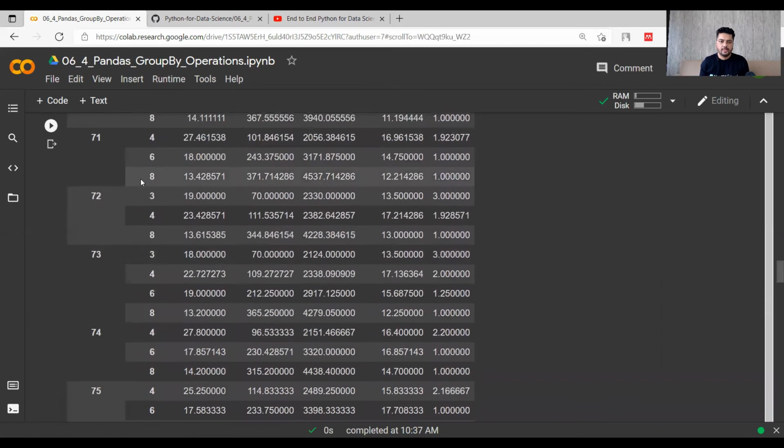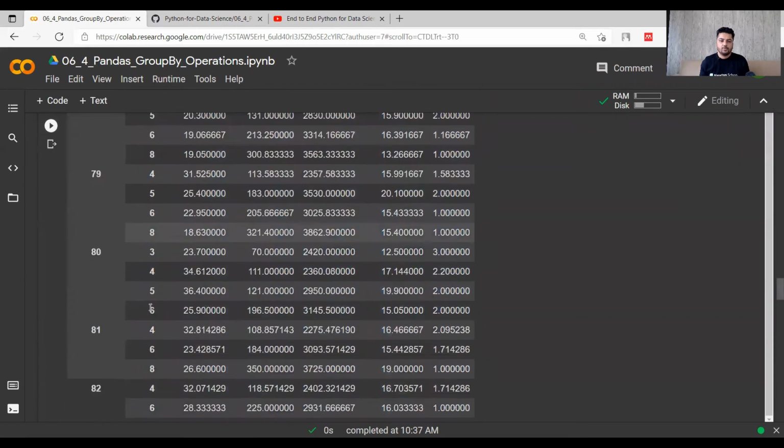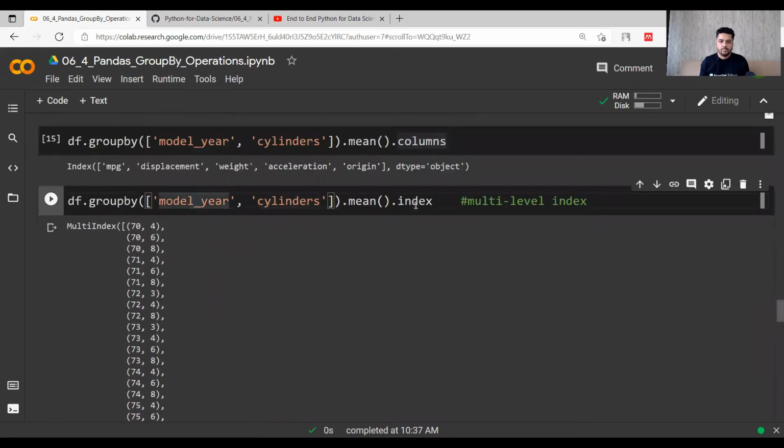You can see that for 70 there were three values, 4, 6, 8. So it will be 70,4, 70,6. If I want to access the first row, I have to access the 70,4 index, right? To give you an idea, this is how you can do it. By using the index value, you will get multiple indices, multi-level indexing, right?